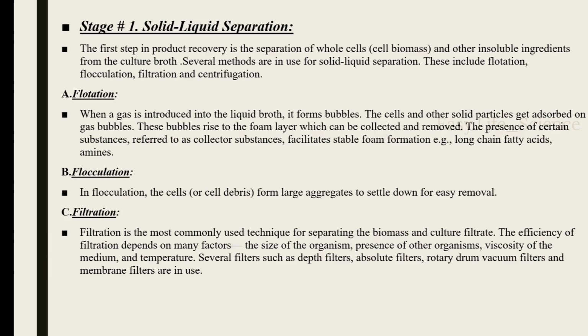A. Flotation. When a gas is introduced into the liquid broth, it forms bubbles. The cells and other solid particles get adsorbed on gas bubbles. These bubbles rise to the foam layer, which can be collected and removed. The presence of certain substances, referred to as collector substances, facilitates stable foam formation. Example, long-chain fatty acids, amines. B. Flocculation. In flocculation, the cells or cell debris form large aggregates to settle down for easy removal based on